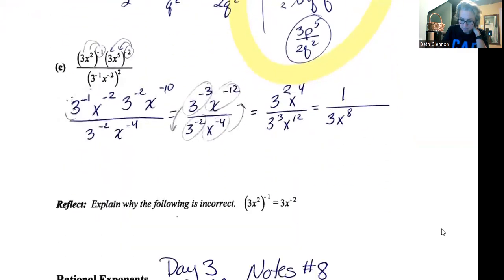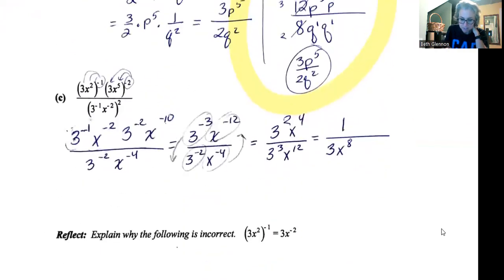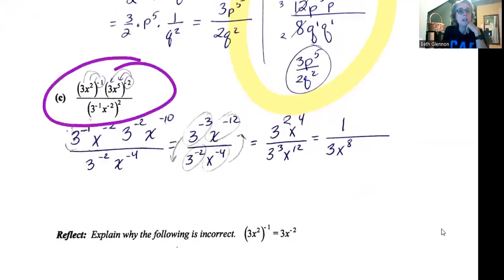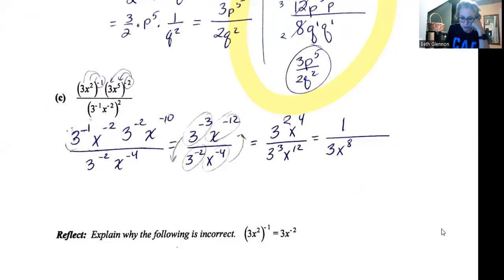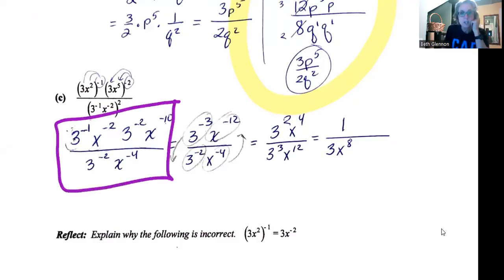And then this last one, this is just so much going on in it. First thing you're going to do is take this negative 1 and distribute to both sets of parentheses. Take the negative 2, distribute to both sets of parentheses. And you can see here how I expanded the whole thing out. Nice and neat. I'm going to then go ahead and add my exponents if they're the same. So 3 to the negative first and 3 to the second becomes 3 to the negative third. And then I take care of my x's. From this point, then I'm going to take the terms that have the negative exponents, which is all of them, and bring them to the other side of the fraction and